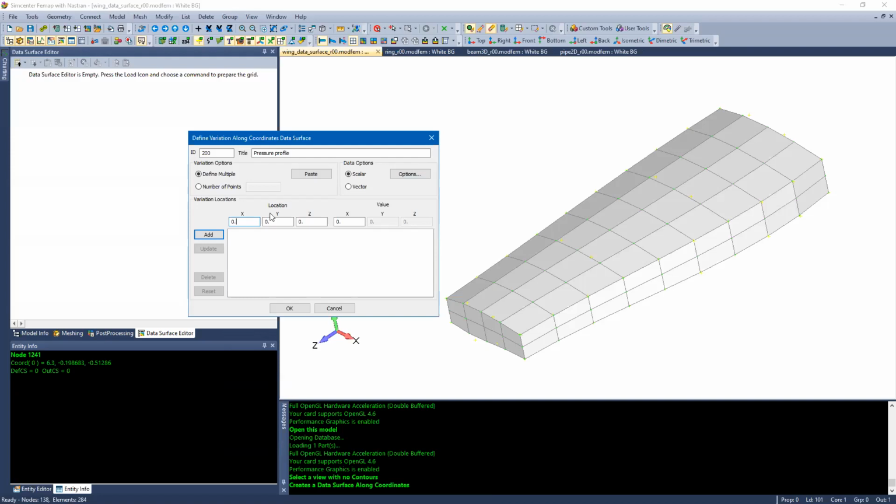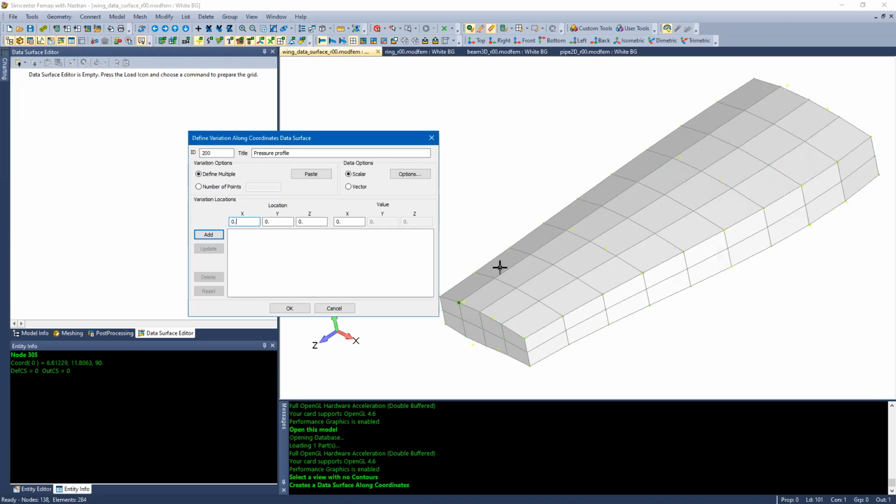Anytime you have a dialog box for an XYZ location, you can go into your model and click on either predefined points or nodes. The nodes in this case are green dots. It may be hard to see, but if you squint a little bit, you should be able to see them at the intersection of all the elements. There are actually some additional points as well. Those are the yellow crosshairs. So I can click on, for example, a point here or a node here,